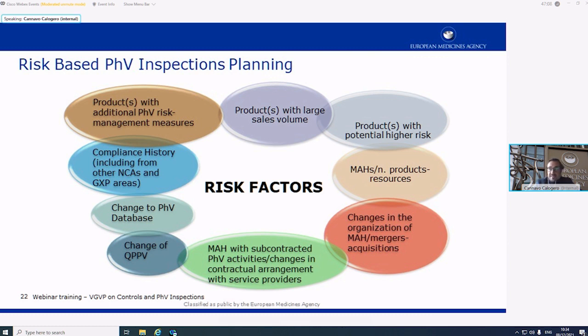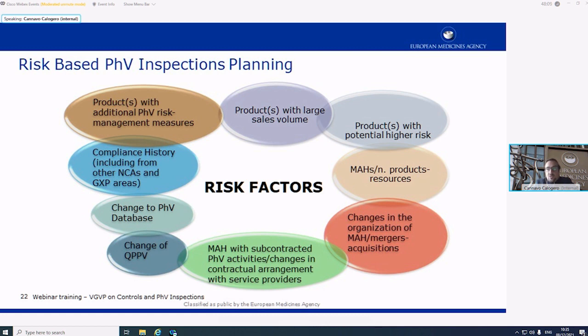For instance, a marketing authorization holder that has never been inspected, or a marketing authorization holder with many products on the market, or a marketing authorization holder that doesn't have many resources available to perform pharmacovigilance tasks, or a change in the organization of the marketing authorization holder, for instance, if there have been mergers or acquisitions. Also, a marketing authorization holder that subcontracts pharmacovigilance activities could be a factor to be considered, especially if there has been a change in the contract arrangement with the service provider, or a change of QPV,